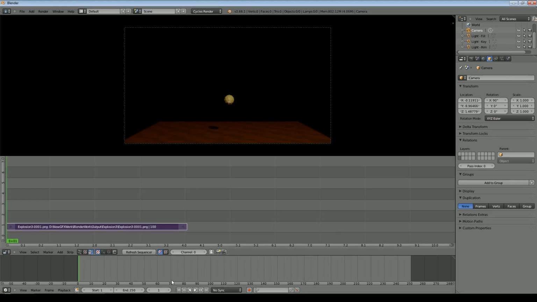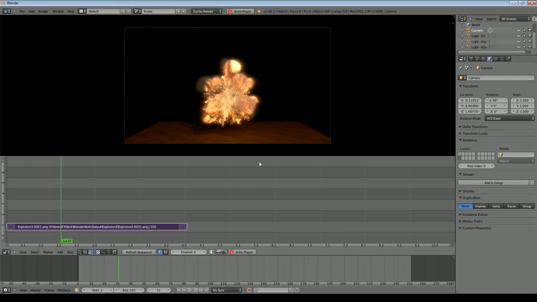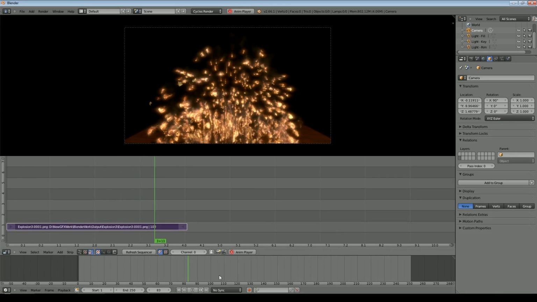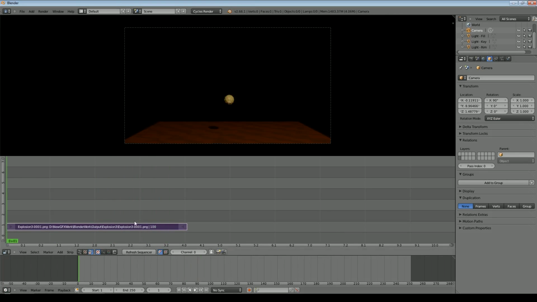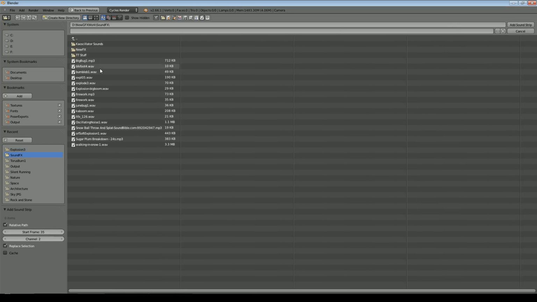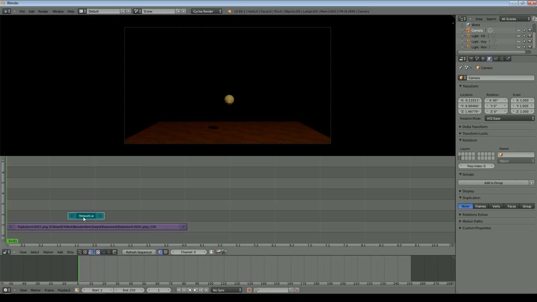So as you can see, we can preview what the movie is going to look like, and we've got our video sequence down here, and we can also do things like adding sound. So if we go up to here, add sound, and I select a sound, we can decide where that sound is going to start.